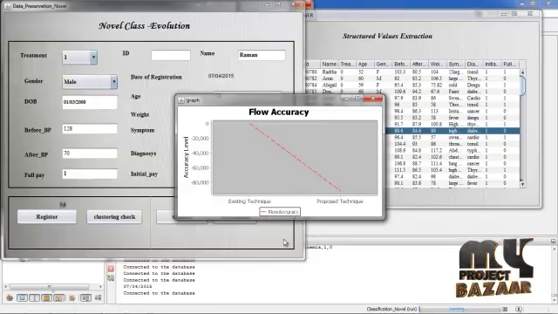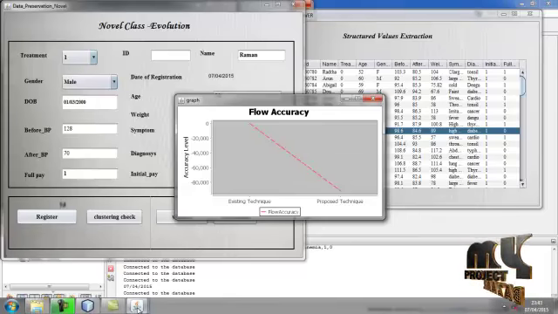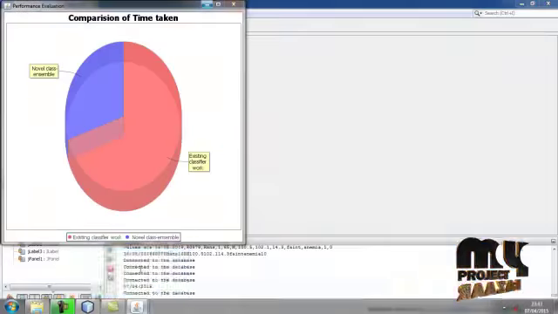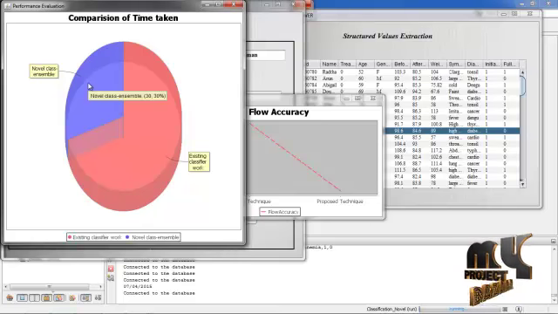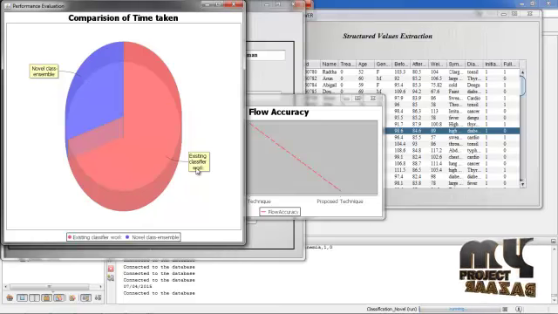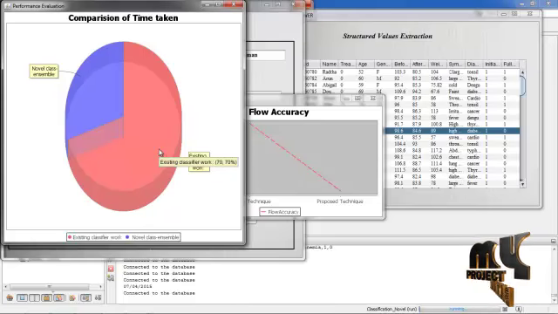Our proposed technique is ensemble classification. Here it shows the normal class ensemble, which is our proposed method. The existing classification work is based on the base paper surveys. Thank you.